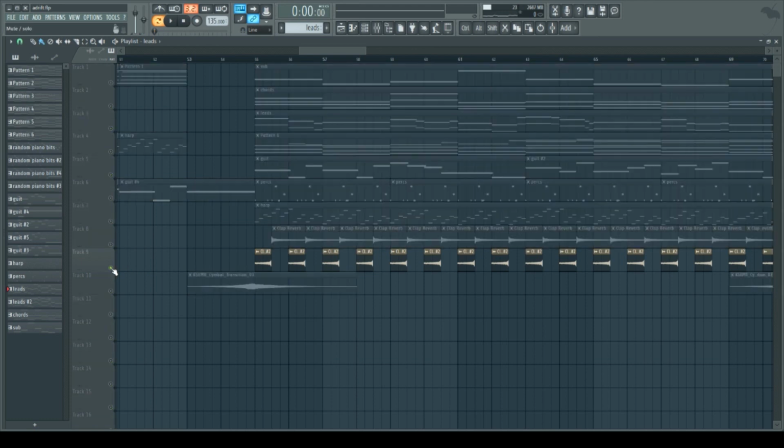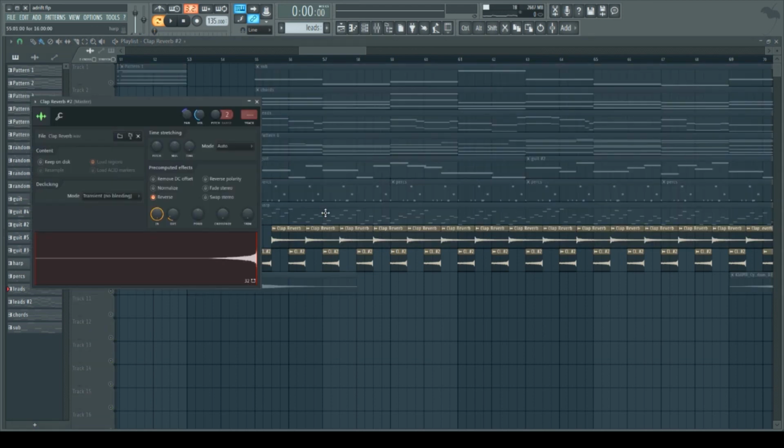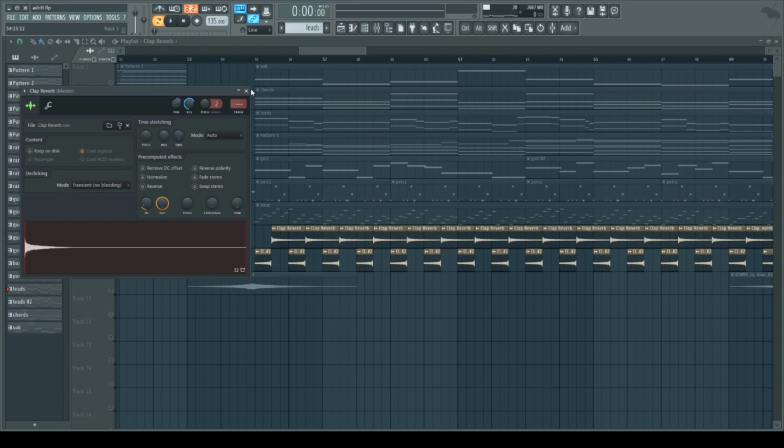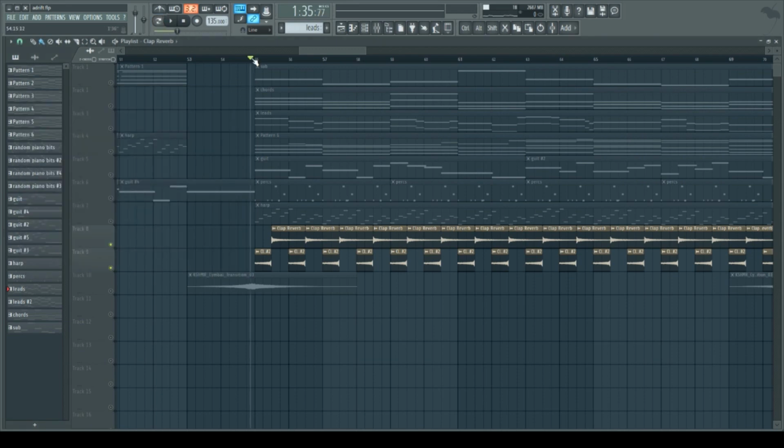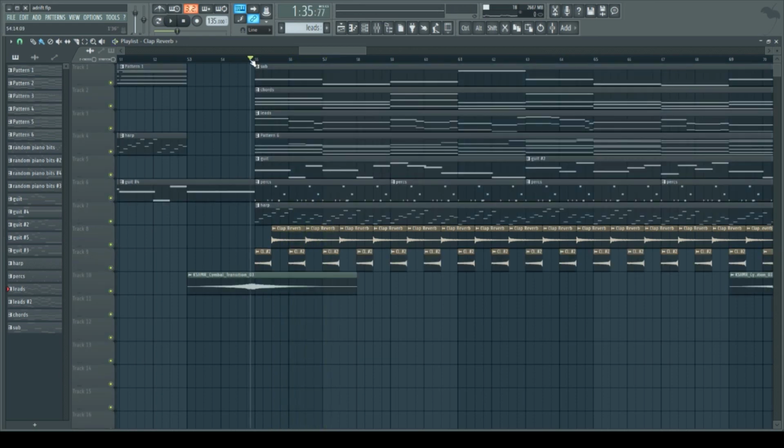The other thing I added were these reverby claps. I panned them from left to right, so I reversed this one and panned it to the left, and then this one pans to the right, so it gives it like the whoosh from left to right feel. So yeah, and then so that's